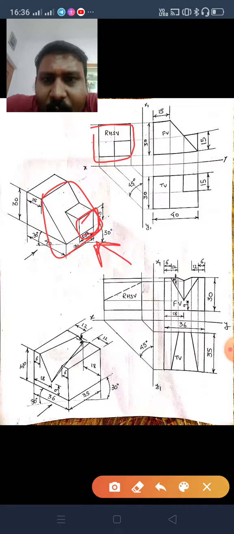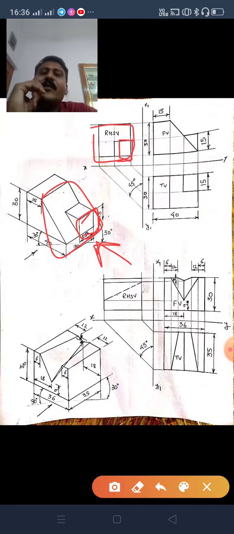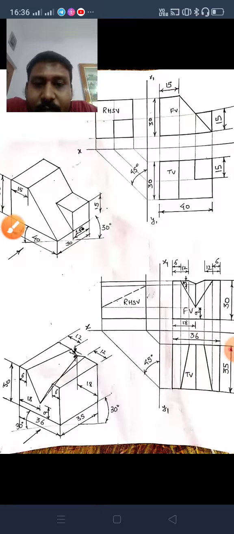So no problem, from here take 15, from here take 15. You have drawn this box of 15 by 15. Okay, so this is the side view which you are watching from right, but you have drawn it in left side. Okay, so I have written this right hand side view, but we have drawn it in left side. So this is the method of converting this 3-dimensional figure into a 2-dimensional object, and this method of projection is known as orthographic projection. Likewise, you can see this figure also.